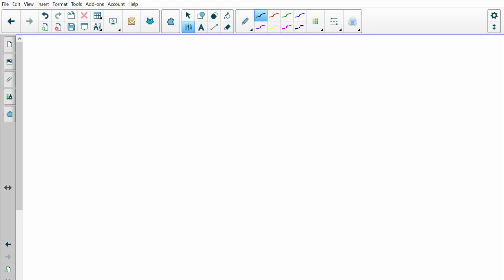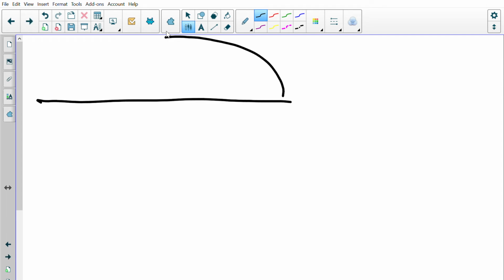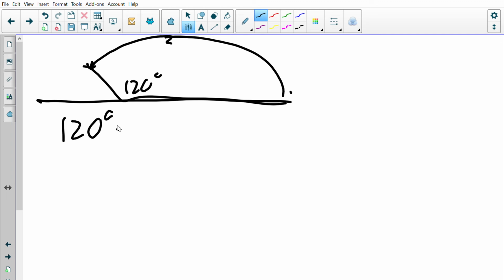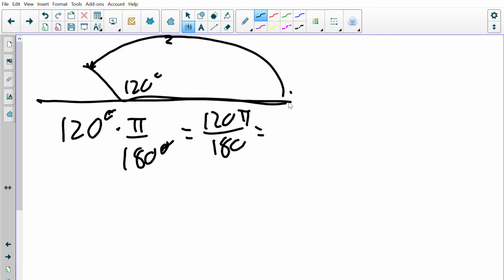Okay? And the last thing that we can do is find our arc length using radians. So let's say that the sun is all the way to here, and so our measure is 120 degrees. What we can do is convert that to radians by multiplying by pi over 180. The degrees would cancel, and then I'd get 120 pi over 180, and that reduces down to 2 pi over 3. Our arc length calculator is s = r theta, where s stands for arc length,